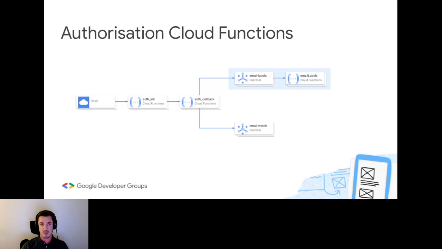The email watch will set up Gmail notifications, but the email labels will need to do a little heavy lifting over here. We have mentioned before, we have the email ID. What we need to do right now is go out to that user's mailbox. We need to check if that user has those labels, because we need to use those labels to do the labeling on the emails, depending on whether the email is pending, secured (not phishing), or unsecured (phishing).